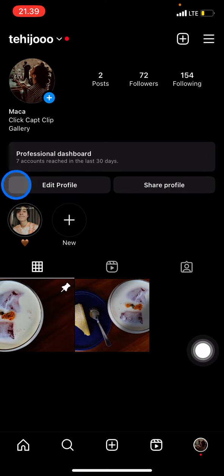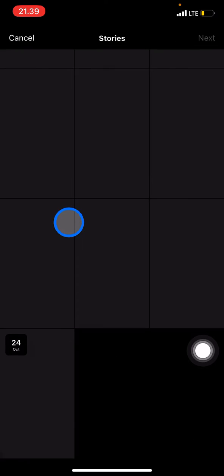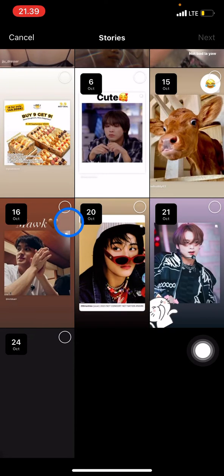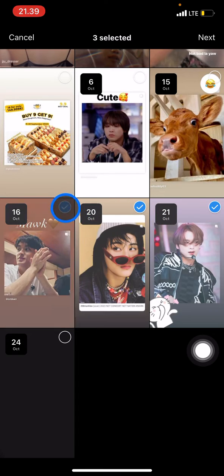In the profile there will be a plus button right after the edit and share profile buttons. You just need to click this, and choose which of your old stories you want to put into the highlight. For example, you want to put this, and this,